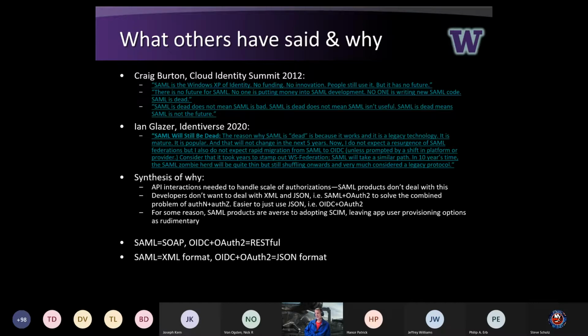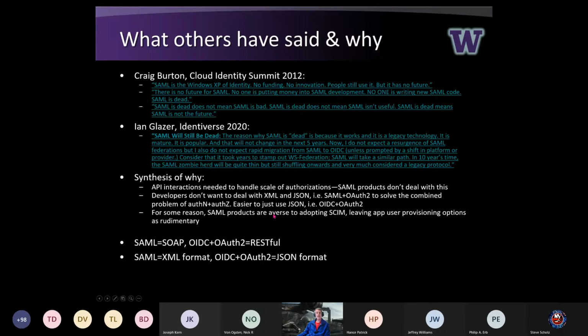And even last year, Ian Glazer was talking about, well, SAML is really dead in the sense that 10 years from now, it's just going to be a SAML zombie herd that's still around. So, if you look at why they've said these things, and in fact, I went back and listened to a talk Craig and Pamela actually had back in 2012 about this. What they really meant was,